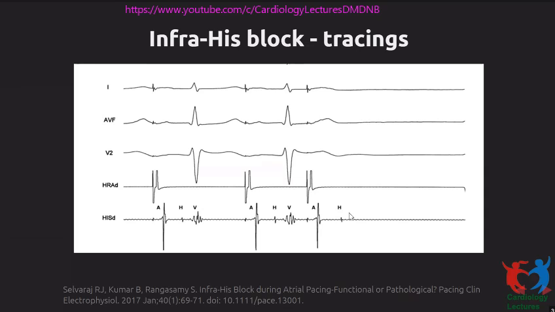So we consider it pathologic HV block when it happens without abrupt change in cycle length. So if you just pace at a rate of say 70 beats per minute, go up gradually to 75, go up to 80, go up to 85, go up to 90. And at some point during this, if you see infrahisian block, then it can be considered an indication to pace. So don't be very aggressive in pacing patients for pacing-induced infrahisian block unless you are sure that it is not physiologic.